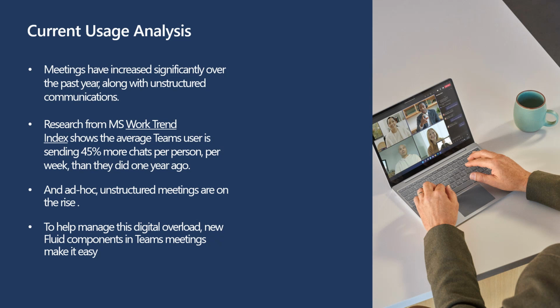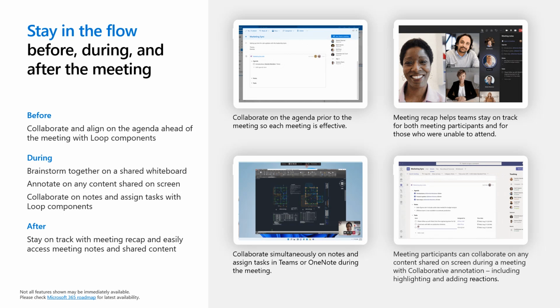The average Teams user is sending 45% more chats per person per week than they did over a year ago. So we are using Teams a lot, but with that, there have been challenges. We're in this digital overload era where there are so many ways to collaborate with people that sometimes there needs to be some sort of structure to make that experience more effective. And Microsoft have got some features within Teams. So if we talk about